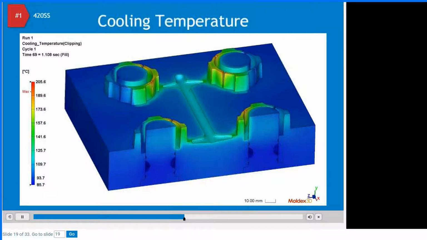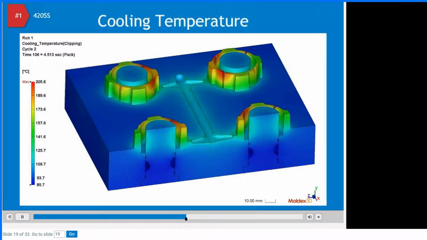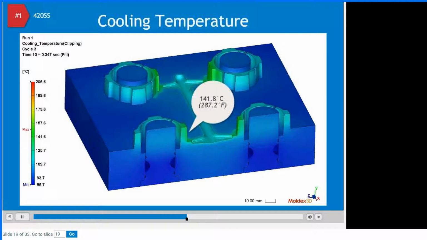This animation shows the tool temperature development without the polymer material. Notice that the tool steel temperature rises to 141.8 degrees Celsius near the gate, and that the highest temperature is at the top of the thin steel section. There is a temperature variation of about 56 degrees Celsius, which is a significant range that could cause cooling-related dimensional